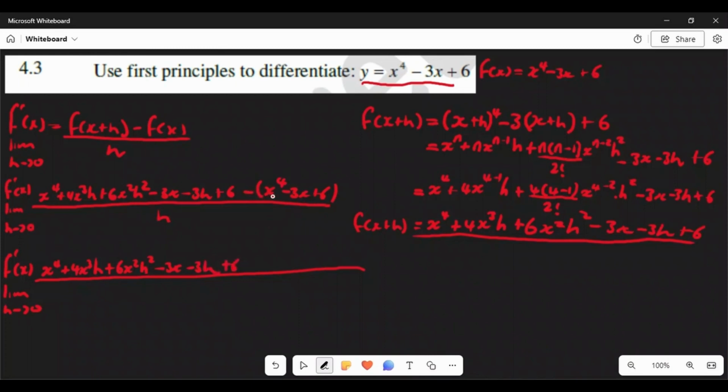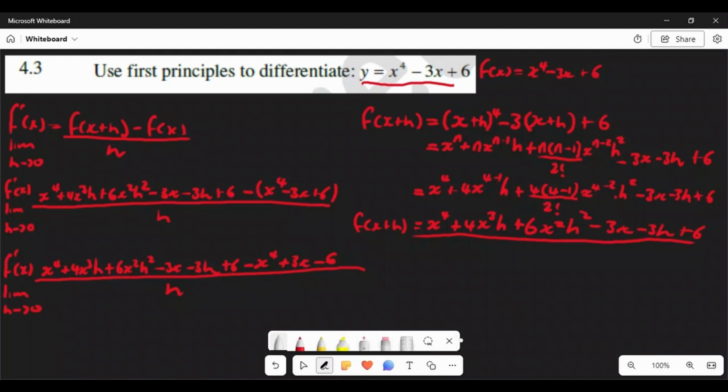So here we just multiply by negative, so this becomes negative x to the power of 4, this becomes positive 3x, and that becomes negative 6. All this is divided by h. Now what we can do here, guys, is it's time for us to find the like terms and